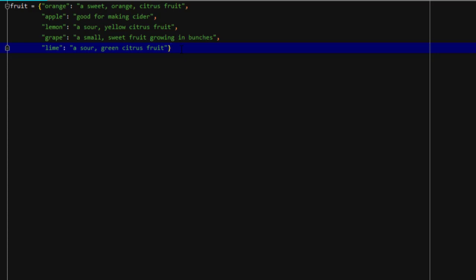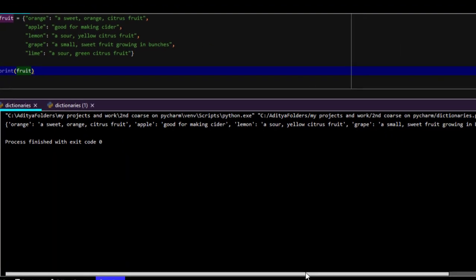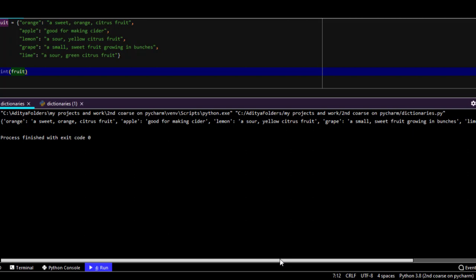One thing to note here is that we are using the curly brackets, not the parentheses or the square brackets as in list or tuple. It is a thing to care about when you are writing it. So let us first see how it normally prints. You might not be expecting this, but it has just copy pasted our whole dictionary, including the commas, the brackets, the quotes, and everything.